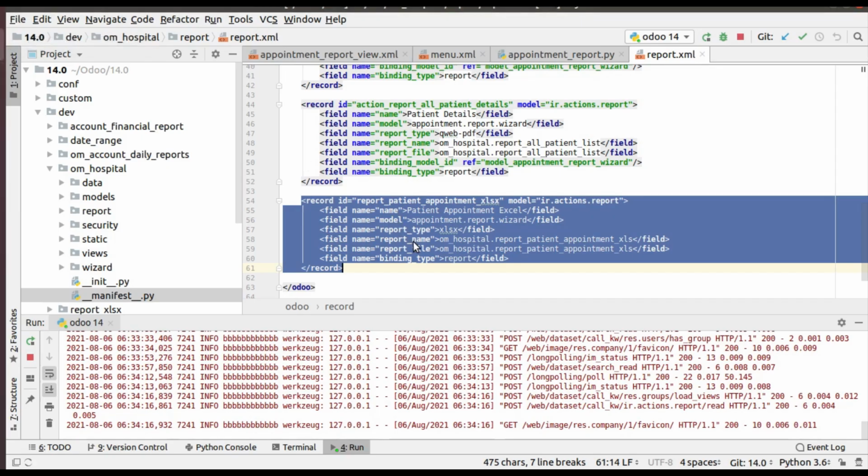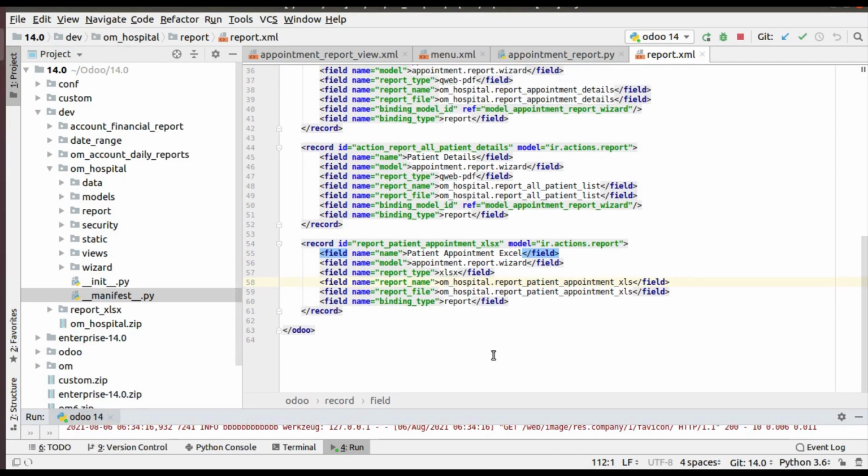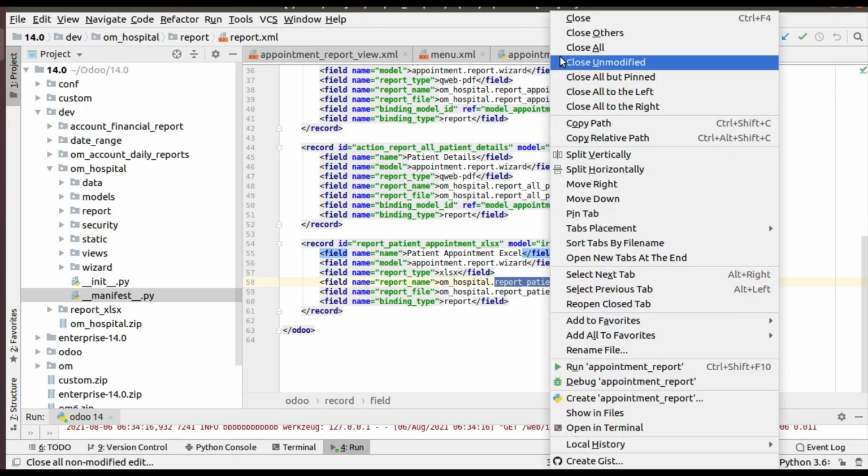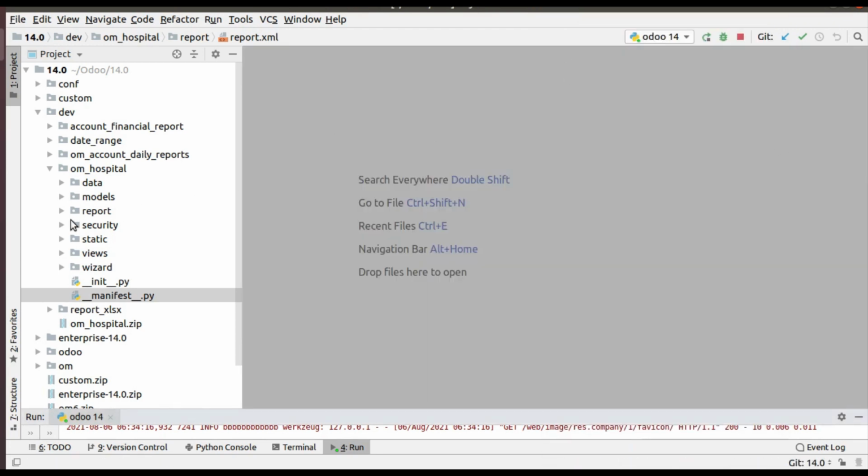So here you can see on calling this report, it will search for this name, report patient Excel. So what I have done, let me close all the files. So we have cleared all the files, and what you have to do is define a Python class.